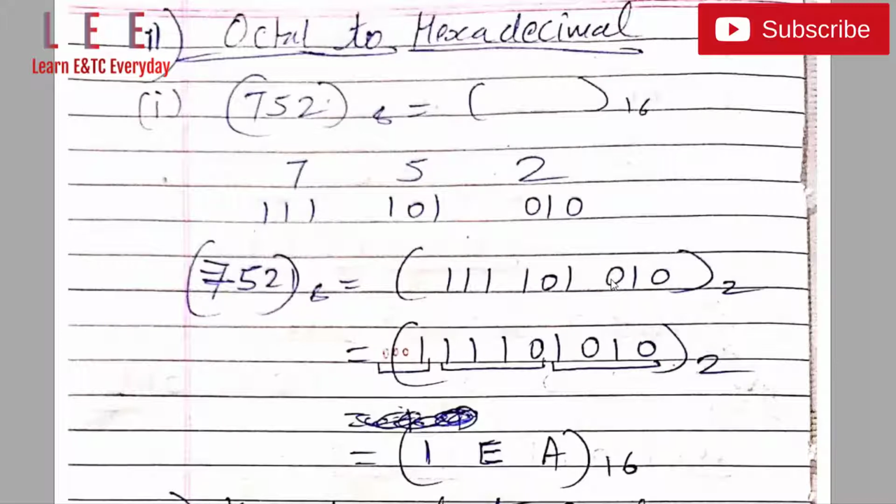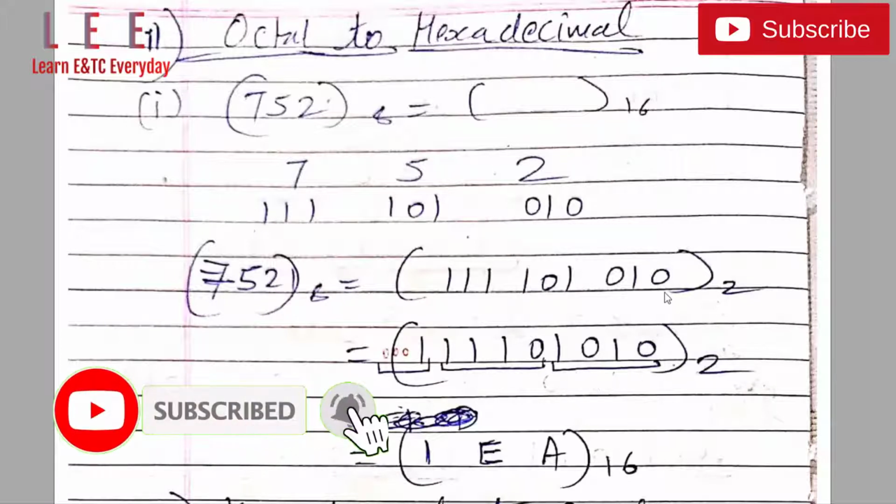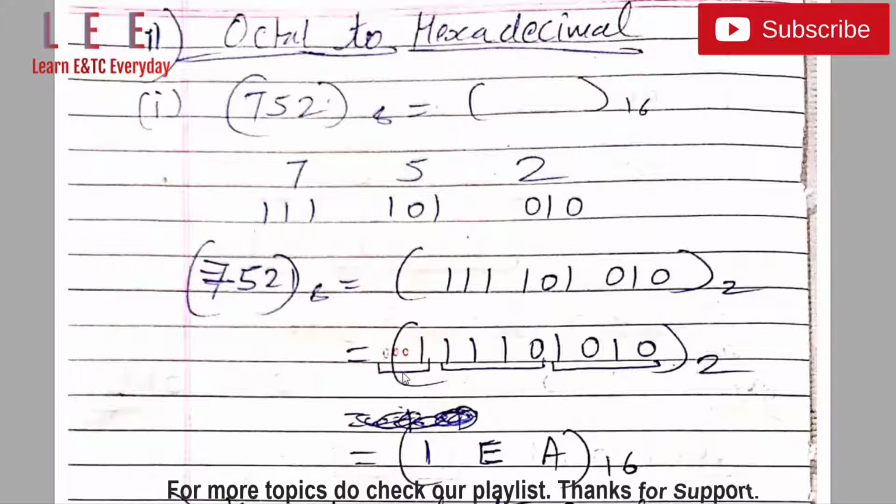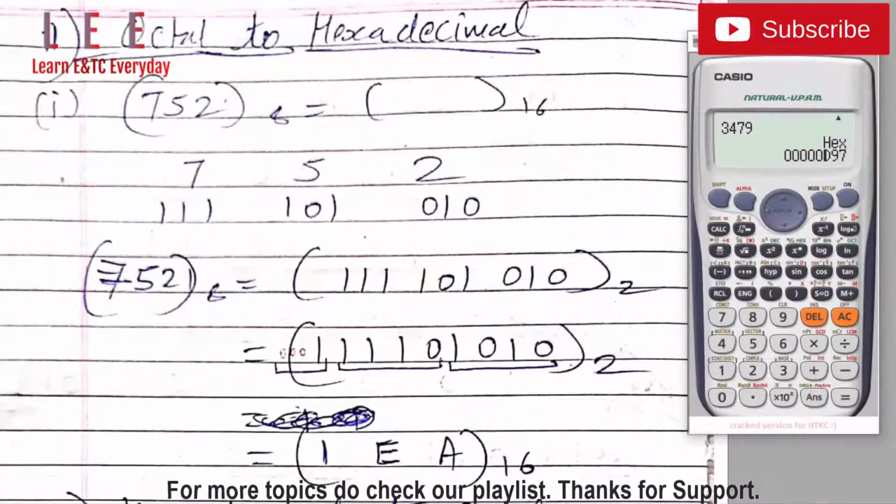This is step 2. The first step is converting octal to binary, pairing 3 bits. But for binary to hexadecimal, we pair 4 bits. So starting from here, 4 bits. Starting from here, 4 bits. Now here only one bit is remaining, a single bit. So what to do? We have to suffix 000. See, we have suffixed zeros, and we'll solve it. So this becomes our answer: 1EA.